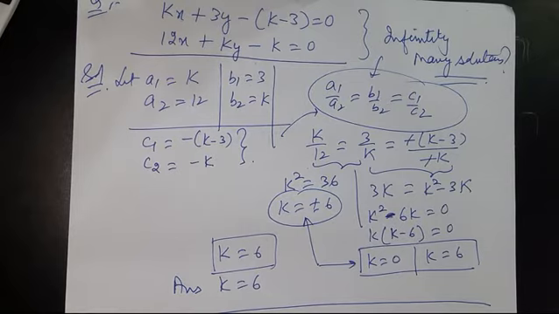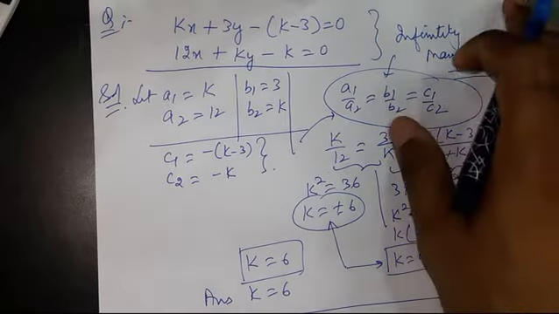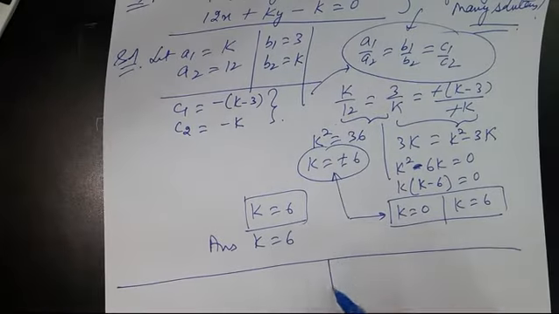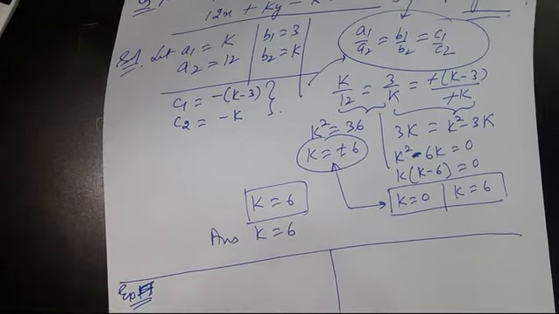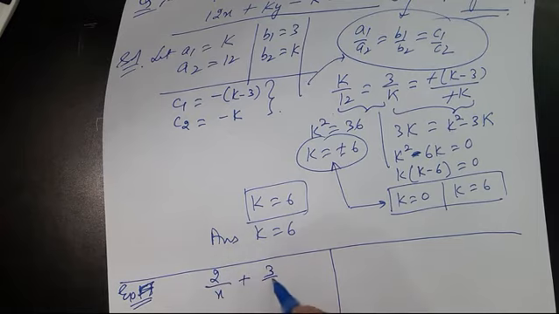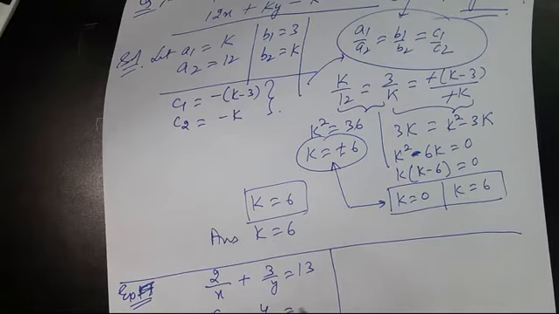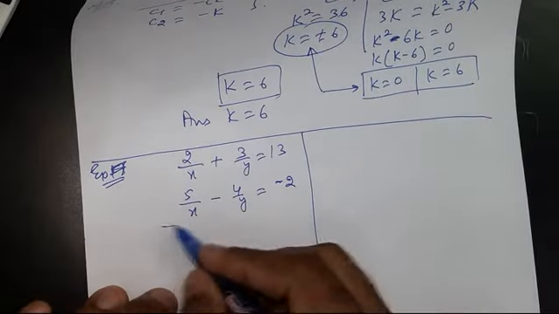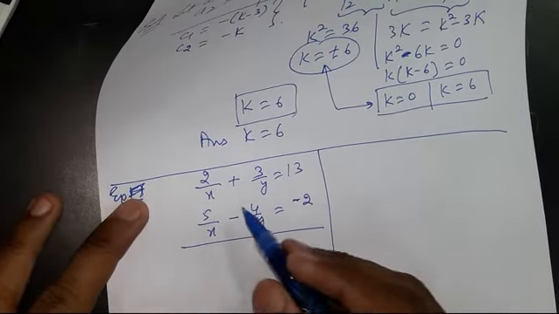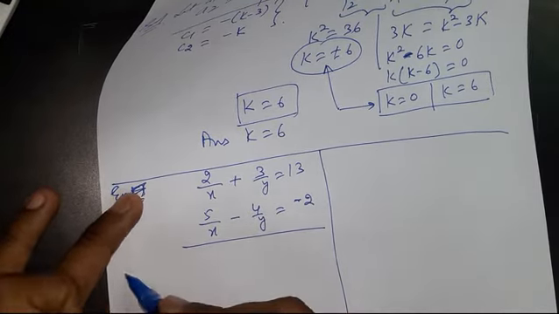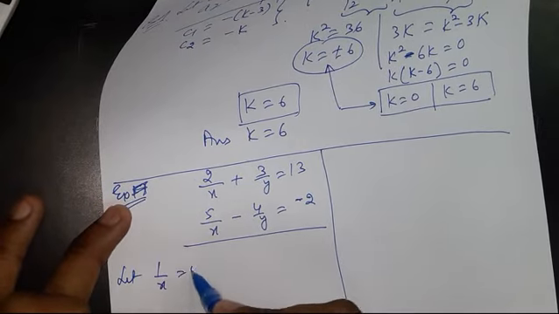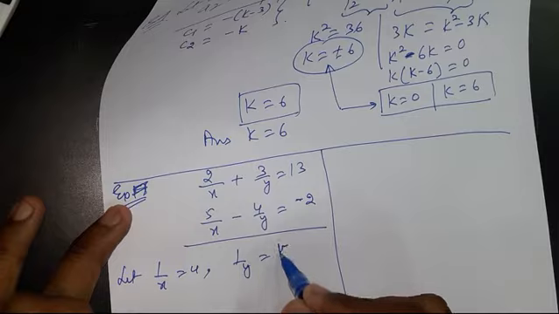Now there is a different set of equations that you can solve by some other method also. You just have to take the tricks. Like, this is the equation, you have to solve it. One equation is this, second is this. How can you solve it? These two equations are given to you. x and y are the variables which are in the denominator of the terms. So let us suppose, let 1 upon x is equal to u and 1 upon y is equal to v over here.